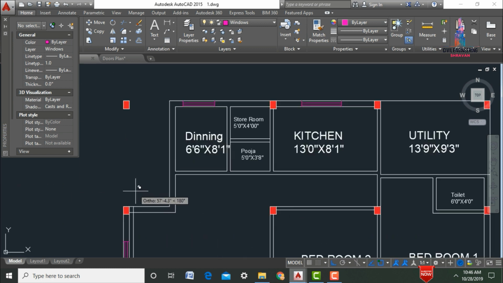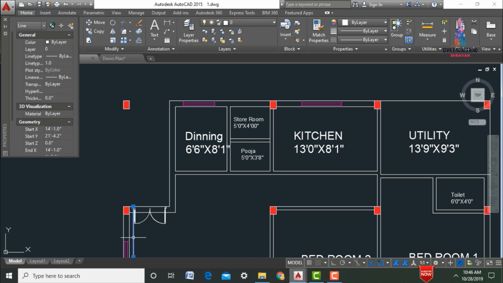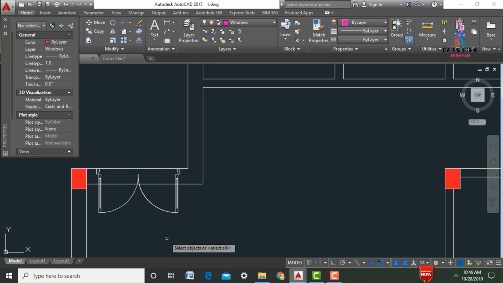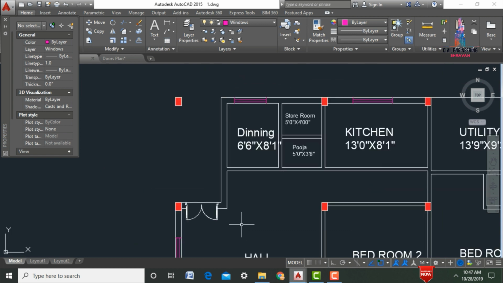Here we need to drag to the required value. So here I am drawing my door section like this. After that select this line and click on the delete option. Now we need to delete the extra portion of the line. TR, double enter. I am selecting the trim option for these two lines. So it will draw the door like this for this plan.